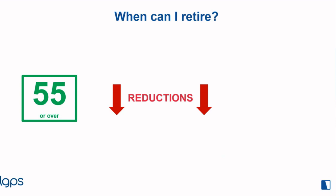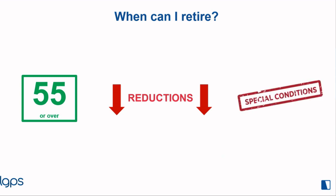The pension fund knows they'd need to pay out that annual pension income for longer than they initially expected to, due to retiring earlier than your normal pension age. Now, there can be some instances where that actuarial reduction may not apply. So, if you're made redundant after the age of 55, the pension fund wouldn't apply an actuarial reduction. And it's also the case if you were to lose your job due to business efficiency reasons. But the vast majority of the time, if you access your pension before your normal pension age, that actuarial reduction